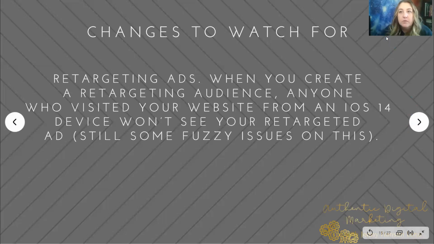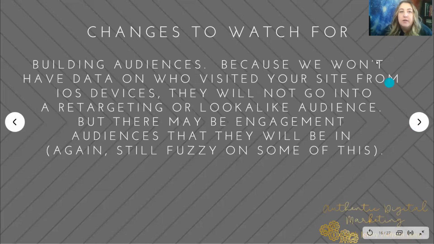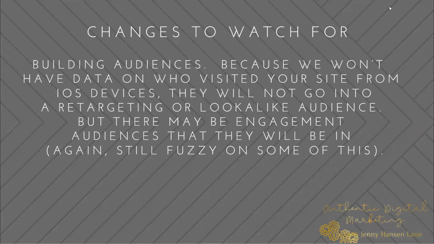Let's see. Okay. So the next one is that the changes are audiences, and you won't have data on Facebook, right? You won't know who visited your site if they did opt out of retargeting, right? Or any type of ads. And you can't build a lookalike audience because you're not able to even aggregate that information. Now, this is fuzzy still, right? Because we don't know exactly how it's going to play out, but we know when we're restricting privacy, these are some of the things that come about in our path, things to think about.